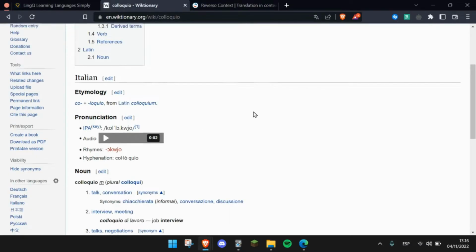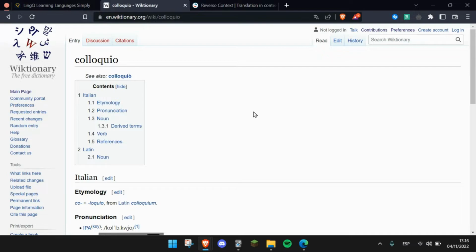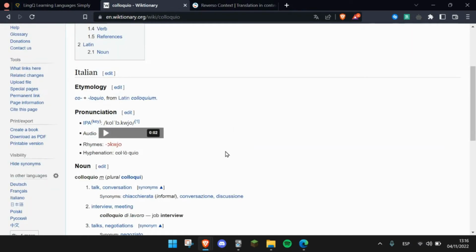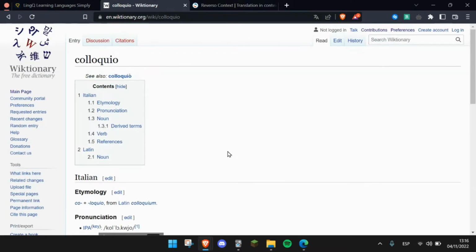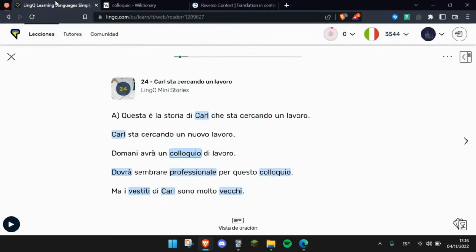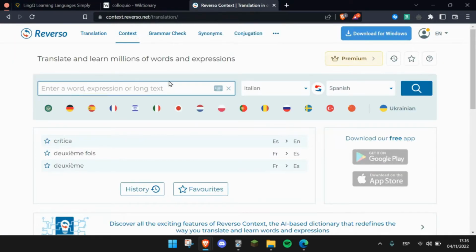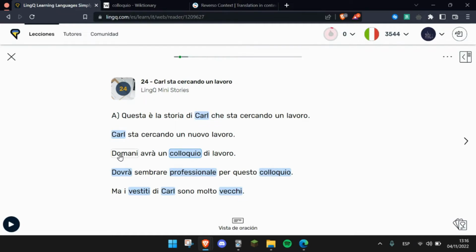And the last thing I do is I write a phrase so you can see in which situations that word is used. A phrase or a sentence for context. I usually write the phrase that is in the lesson, just this. And if I don't really like the phrase, or if it is too complex, I just go here, write the word, and there are thousands of phrases. So there is the phrase.